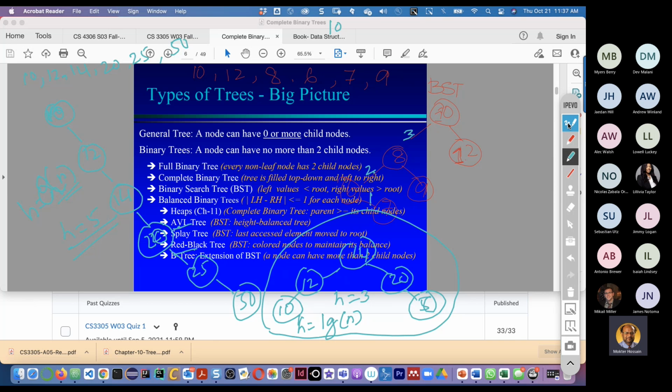Binary search tree is the foundation of many other trees, AVL trees, splay trees, red black trees, like heaps. We will discuss this.